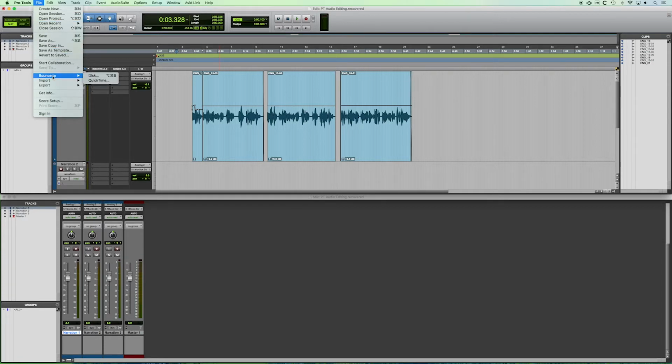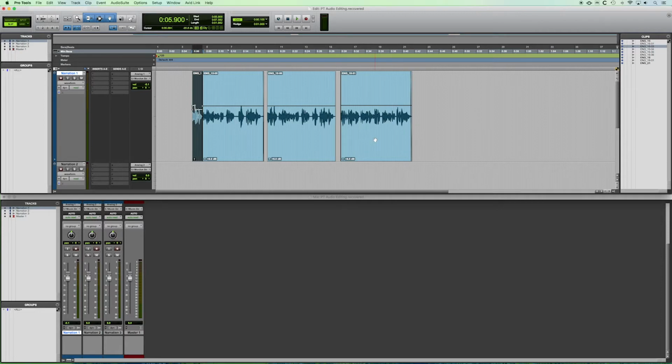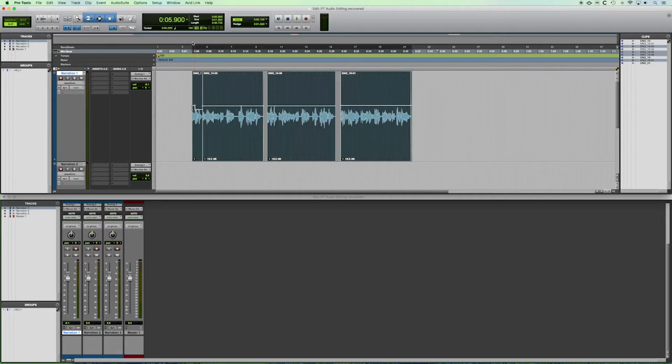back to the file menu where you have, also very important here, the bounce to. This is how you're going to export your audio. So for example, if I wanted to export this and I selected these files, you see that it shows the selection along the length of the timeline that's the same length of the files I selected. And if you look at your transport bar, it's going to show you the start, end, and length of your selection. So right now we would be exporting